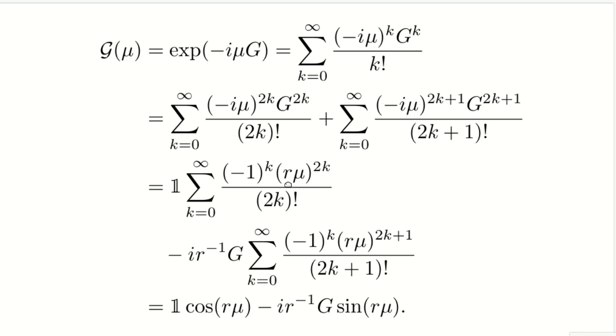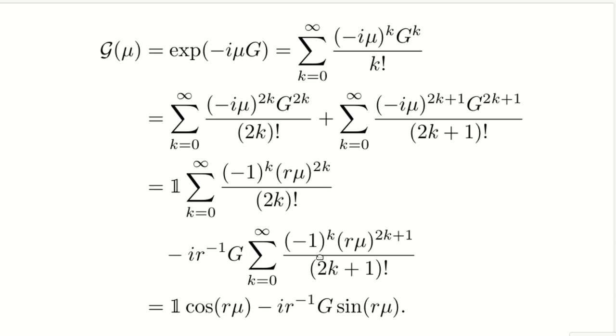Now, if I assume that your Hermitian operator has only two eigenvalues, plus r and minus r, in that case I can simplify this expression further by noticing that all the even terms will be the same, right? It may be for plus r or minus r. When this g acts on some qubit, it will be basically the same thing. The only difference will be in the second term, and it will be simplified in this form.